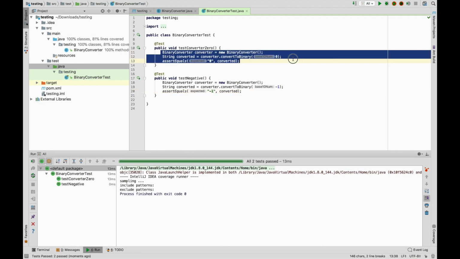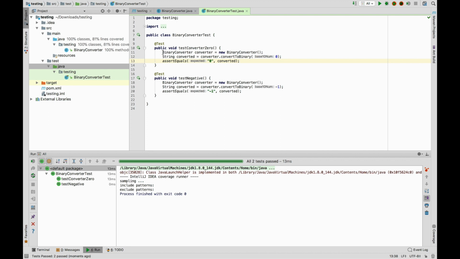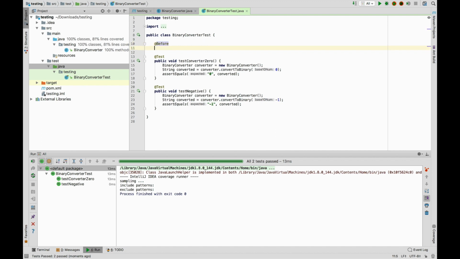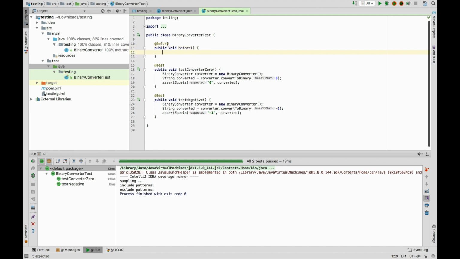You can see that in our test case, we have code duplication, right? For each test, we create this new object. In JUnit, you can actually extract common bits into a method that is executed before every test. And that method is annotated with the Before annotation, public void before, and this will be called before each and every test. So what we can do is we can cut this,